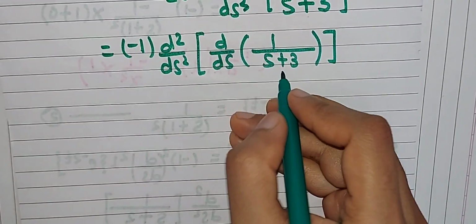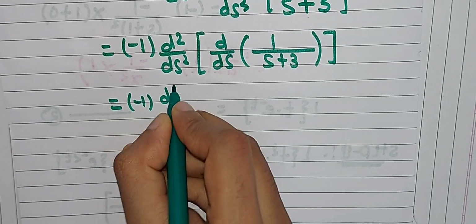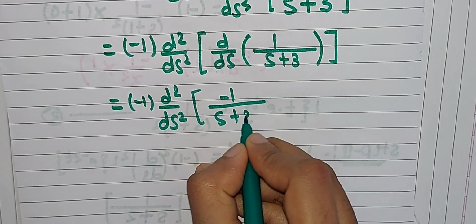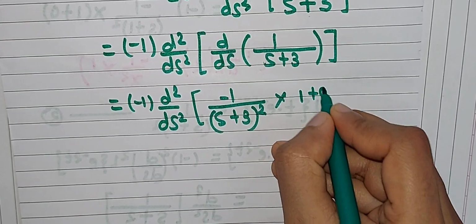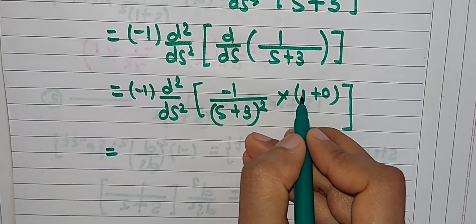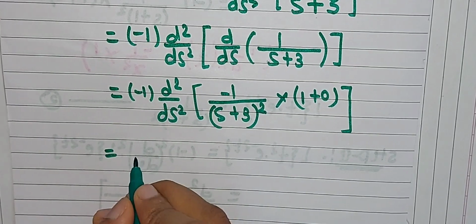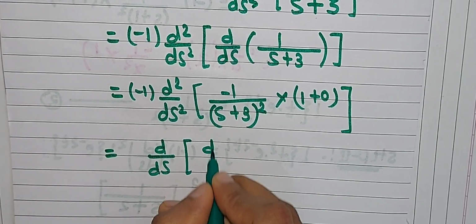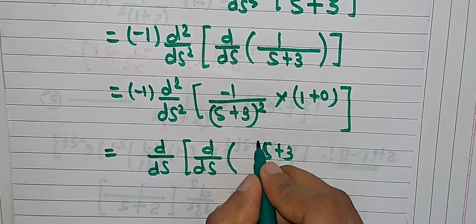Okay, so now firstly we will calculate the derivative of this function and take this minus 1 and d2 by ds square as it is. Now its derivative is minus 1 divided by s plus 3 raised to 2, into derivative of this inside function, that is 1 plus 0. Okay, so we have obtained our first derivative. Then this minus 1 into 1 is minus 1, take this minus 1 common, therefore minus 1 into minus 1 will give us answer plus 1, and again this d2 by ds square can also be written as d by ds, and inside our function will be this s plus 3 raised to minus